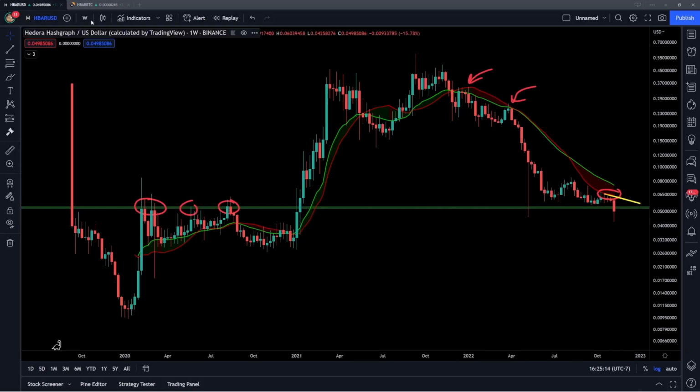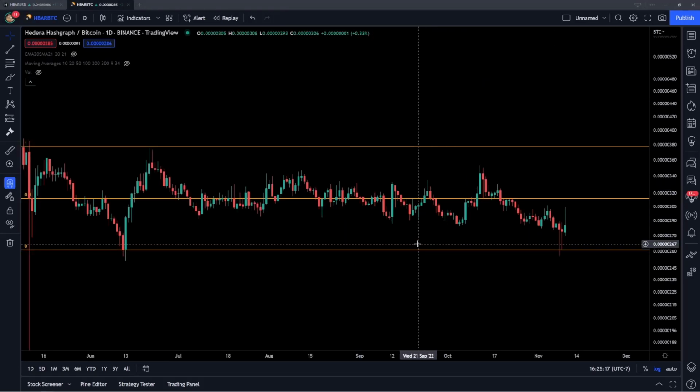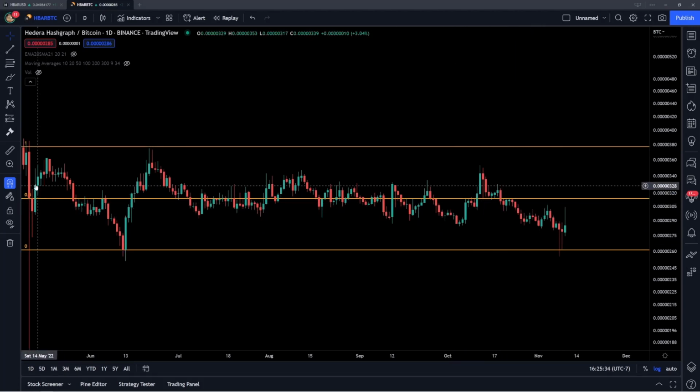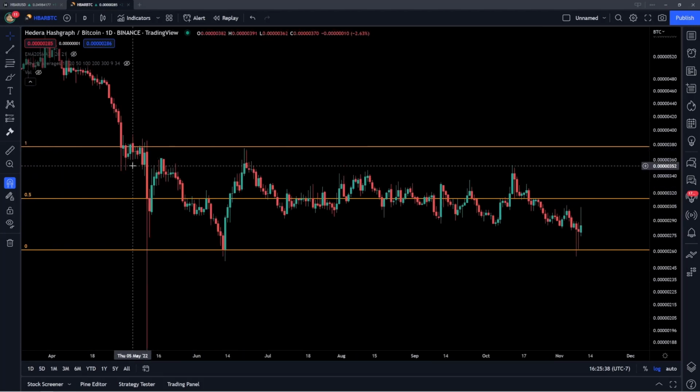So I also do want to talk about the HBAR Bitcoin ratio, which, as we discussed in the last video, has been in this pretty long consolidation period, ranging from about 262 Satoshis as our support, the range lows, to the range highs, which is the resistance at 377 Satoshis. The middle of the range right here is around 314 Satoshis. And HBAR on the Bitcoin ratio has entered this range going back all the way since May.